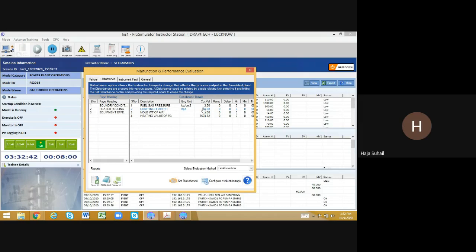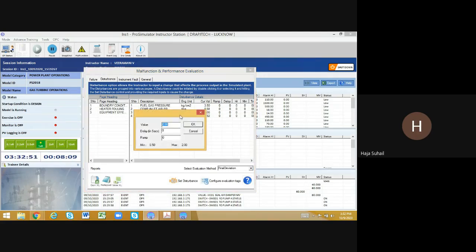Inlet air pressure of the air. Okay, inlet air pressure. I am selecting it. Second option, I am selecting it. Now you can see the difference from the failure one. There will be a value and how many seconds it should be